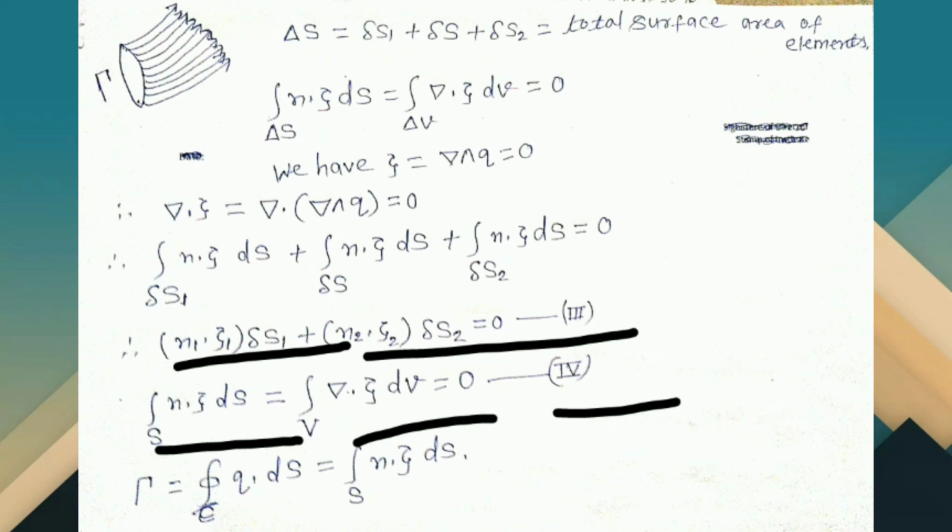If curve C is a closed curve drawn in the moving fluid, and if capital S denotes the area contained by curve C, then the circulation gamma of the fluid velocity q is defined to be gamma is equal to integration over closed curve C of q ds is equal to integration over S of n dot zeta ds. And since zeta is equal to curl q, for potential flow the circulation round any closed circuit is clearly 0.